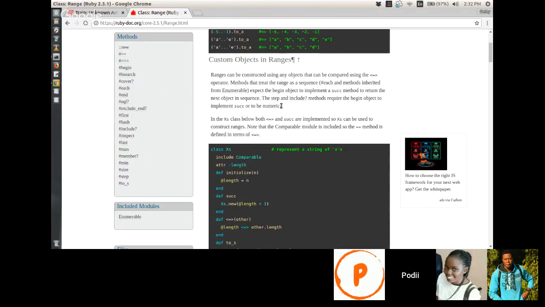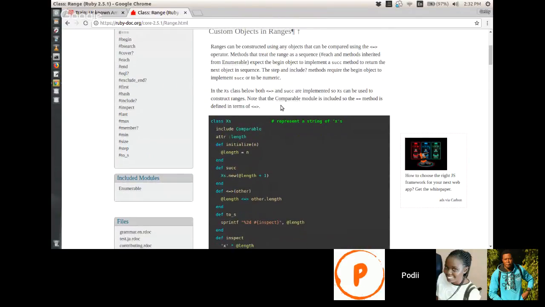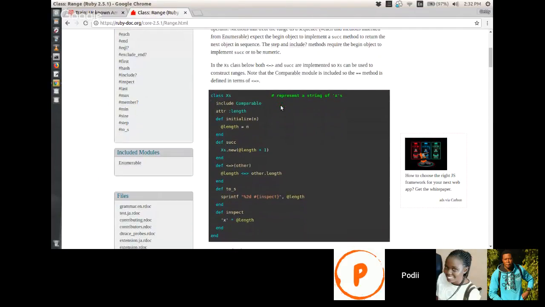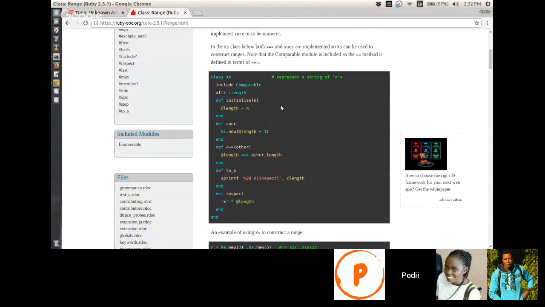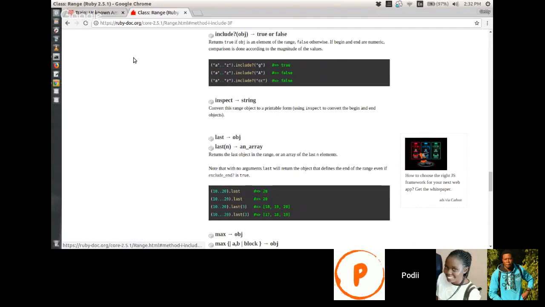We have include. Returns true if object is an element of the range. We can reject anything that is included.